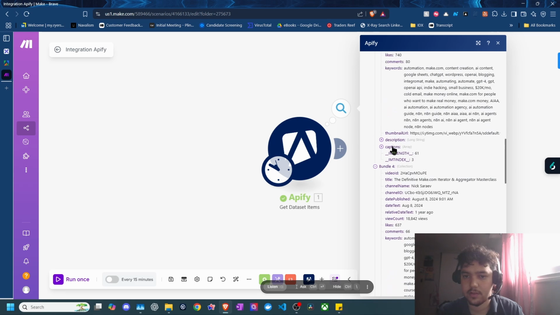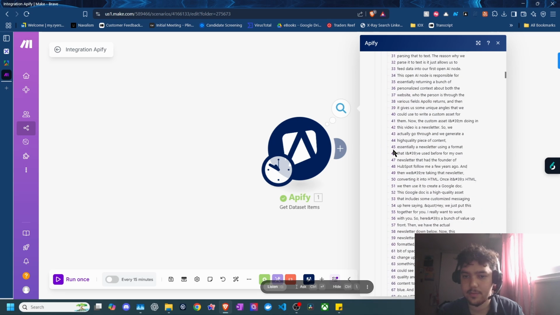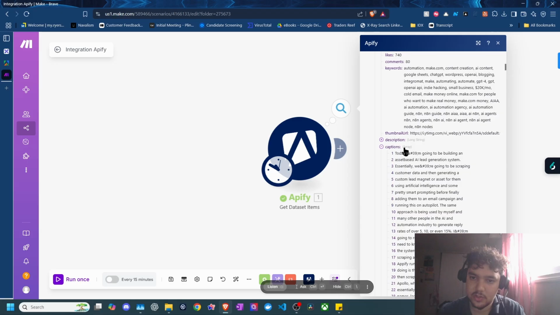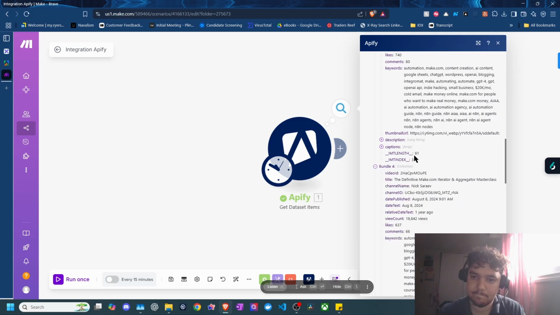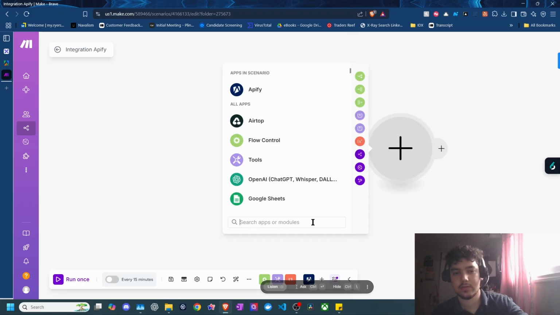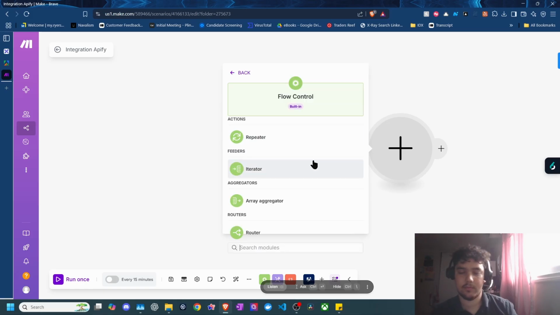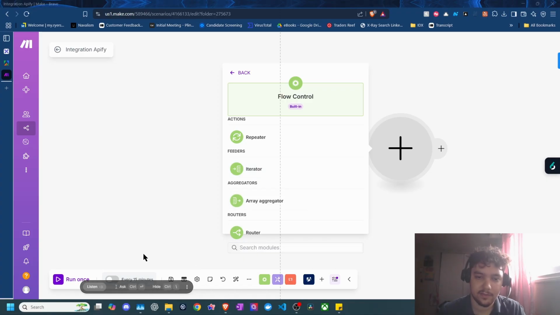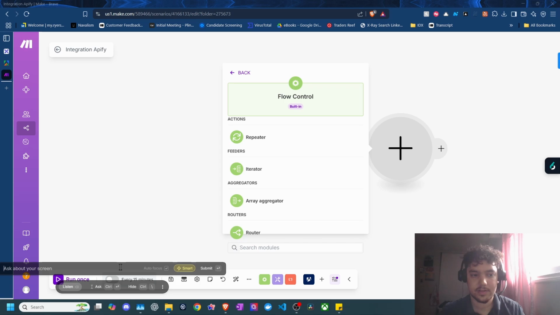Really clean as well. So what we're looking for is the captions. So the captions is the transcript, right? It's a giant array, and we want to kind of chunk that out. We want to make sense of it. So there's two different tools I kind of go to whenever I'm doing data transformation. One is an iterator, one is an array aggregator. One, as you can imagine, is combining multiple pieces into one. The other one is splitting it up into different bundles we can work with. Now, typically, I kind of go back and forth between what I want to use and kind of test around. For our sake of purposes today, we're just going to say, hey, I want to chunk 60 YouTube transcripts.